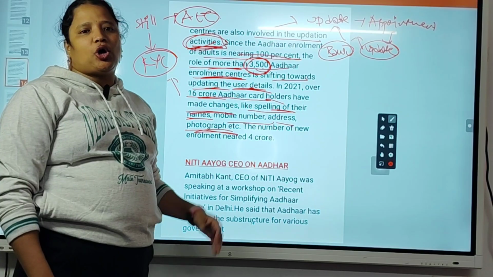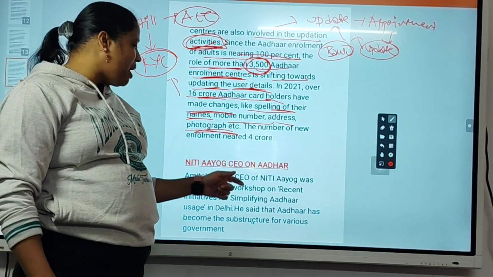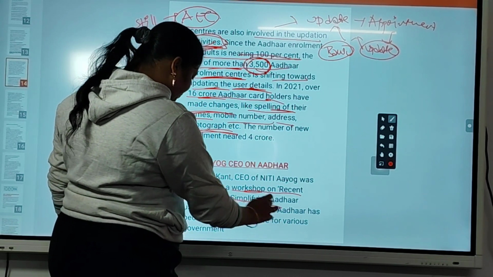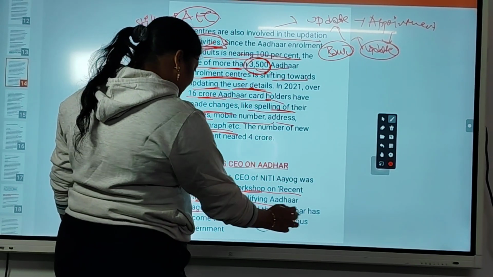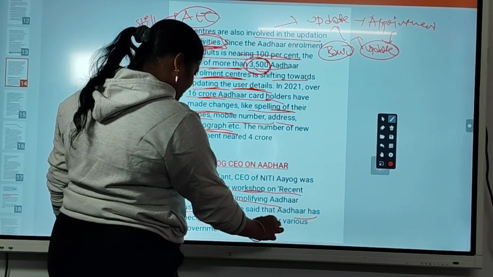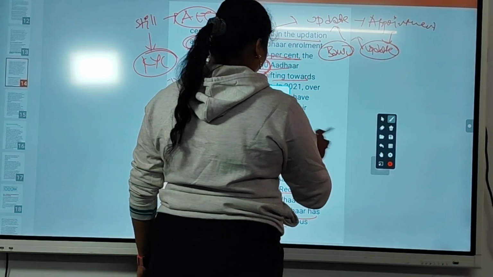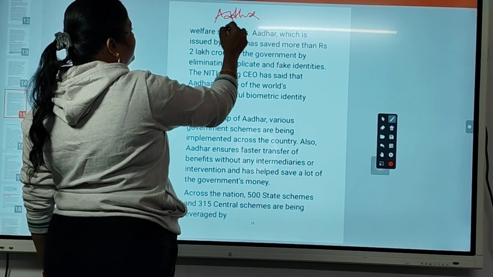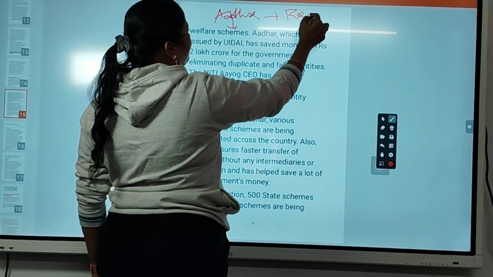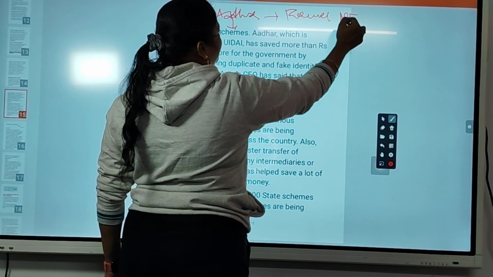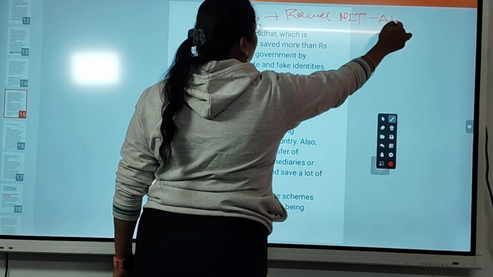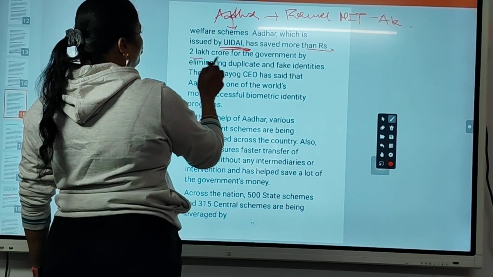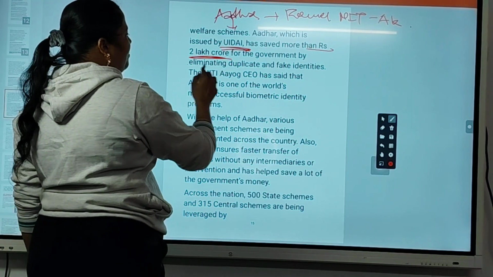Okay. So, the former CEO of Niti Aayog, Amitabh Kant, while speaking at a workshop on recent initiatives for simplifying Aadhaar usage in Delhi, said that Aadhaar has become the substructure for various government welfare schemes. So Aadhaar is very important for government welfare schemes, as the former CEO of Niti Aayog, Amitabh Kant, has said. Aadhaar, which is issued by UIDAI, has saved more than rupees 2 lakh crore for the government